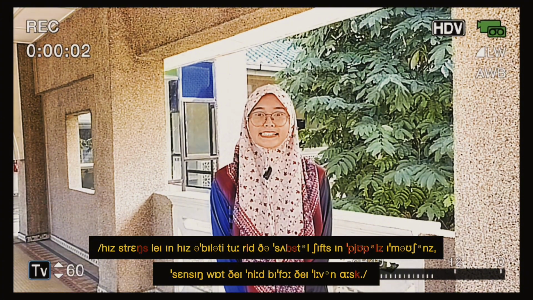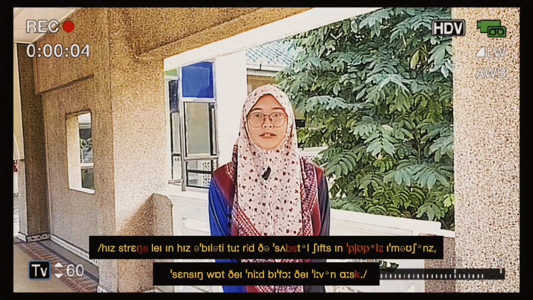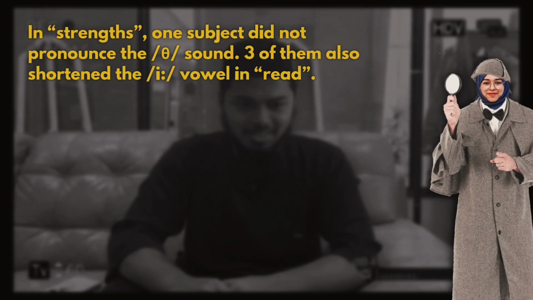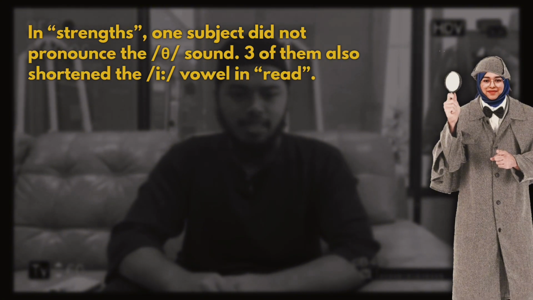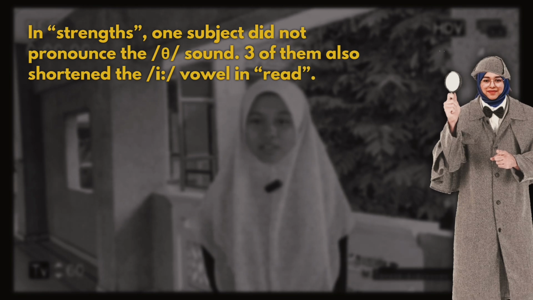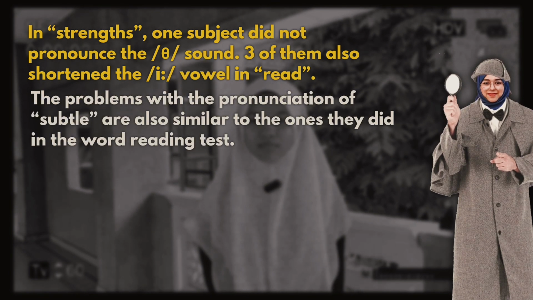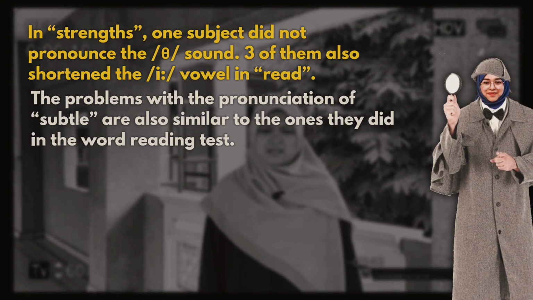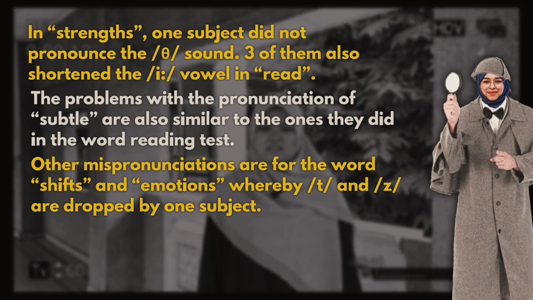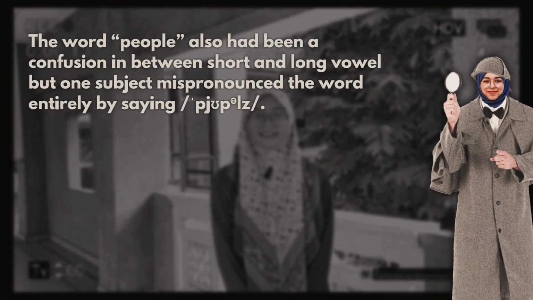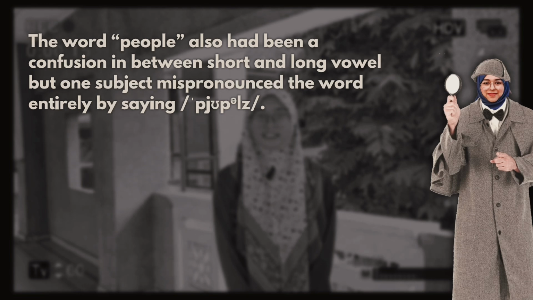His strengths lay in his ability to read the subtle shifts in people's emotions, sensing what they need before they even ask. In the word strengths, one subject did not pronounce the th sound. Three of them also shortened the vowel E in the word read. The problems with the pronunciation of the word subtle are also similar to the ones they did in the word reading test. Other mispronunciations are for the word shifts and emotions, whereby the sounds t and z are dropped by one subject. The word people also had been a confusion in between short and long vowel, but one subject mispronounced